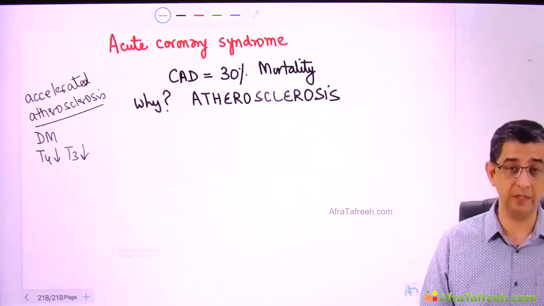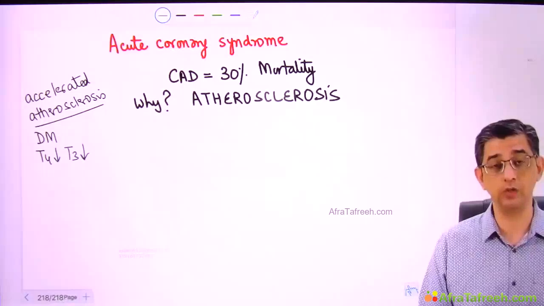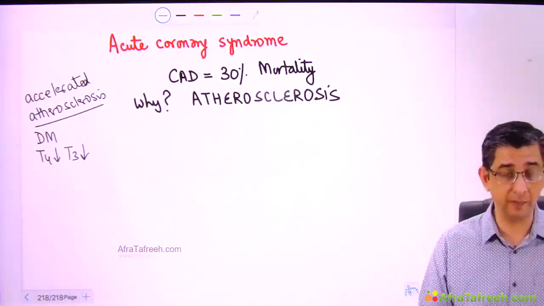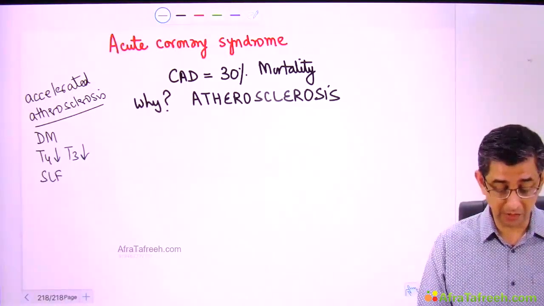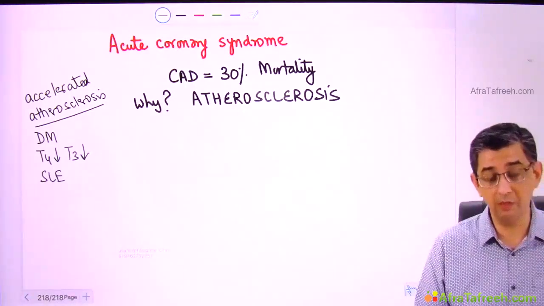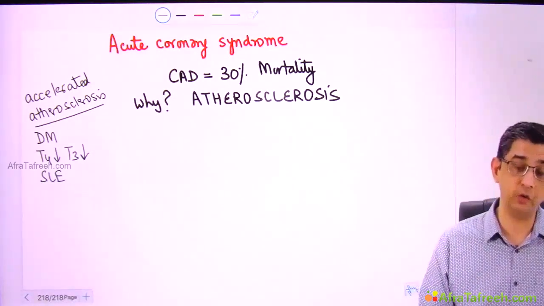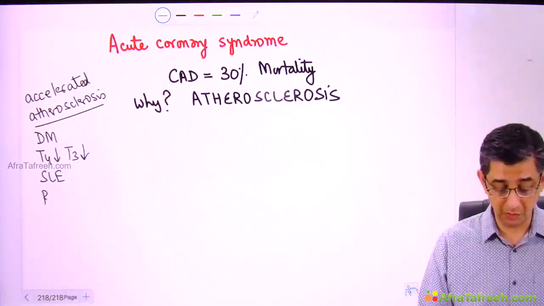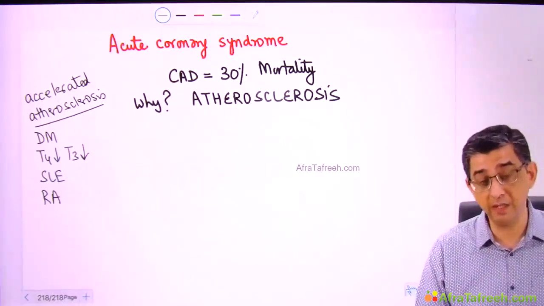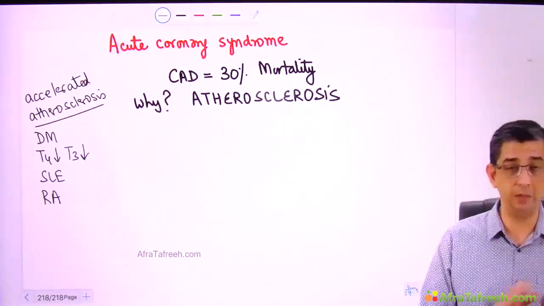So obviously preventive measures have to be instituted in the form of, for example, statins in patients in whom cholesterol and especially triglyceride values or bad cholesterol LDL values are elevated. Even in the rheumatology section, you will hear me say that in SLE patients, who are obviously going to be women most of the time, this lady after 45 years of age can expire due to coronary artery disease. So is the case with rheumatoid arthritis. So I just want you to remember a couple of important causes of accelerated atherosclerosis. It implies the fact that the disease will develop relatively early, maybe in their 40s.